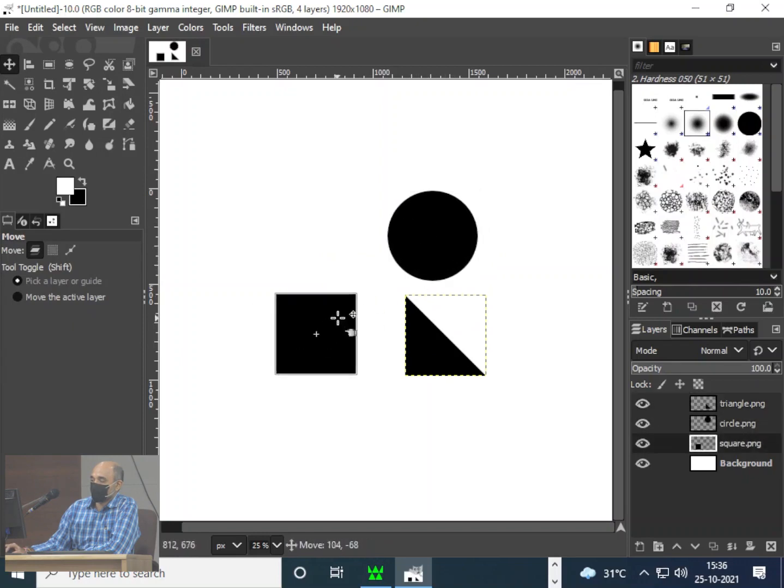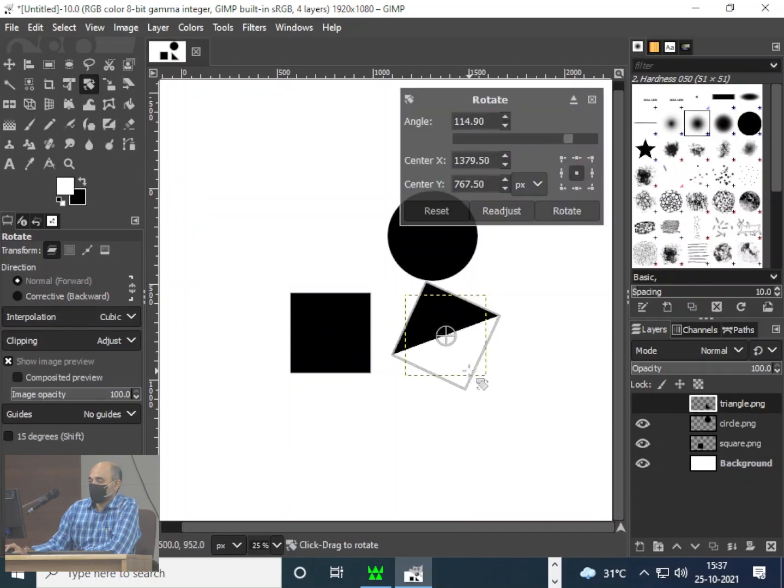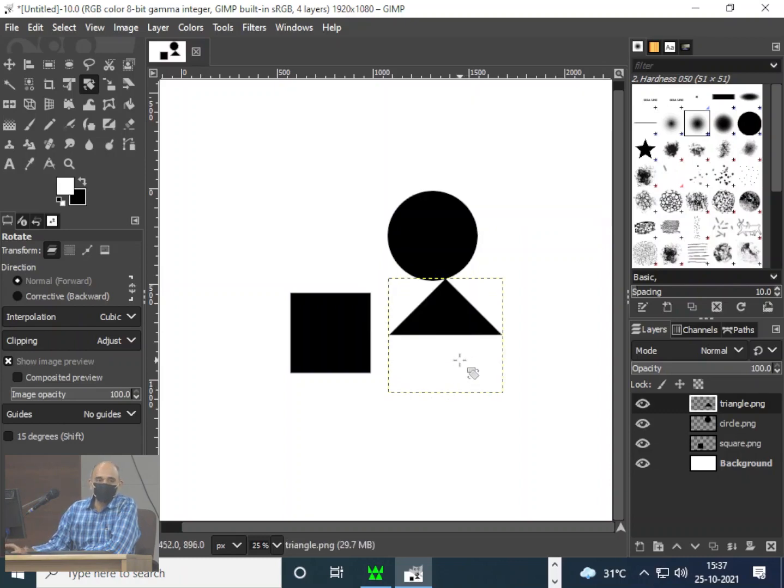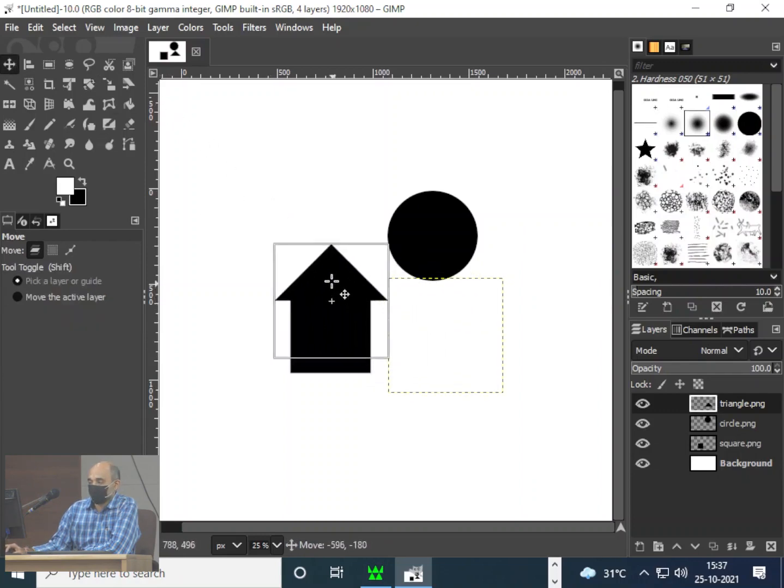These are three things that I have. So I take this, and what is the operation that I do on it? I do a rotate on this, right? What do I do next? Tell me the operations. Done?